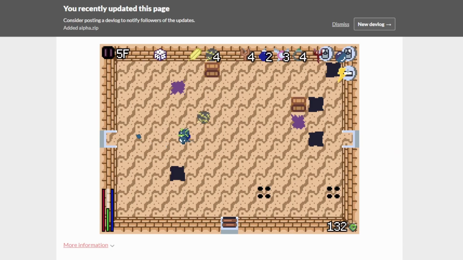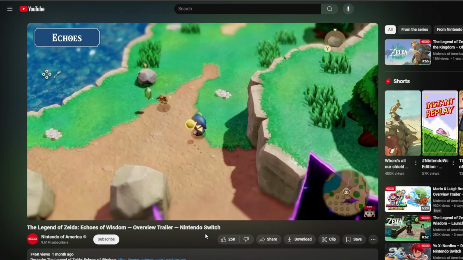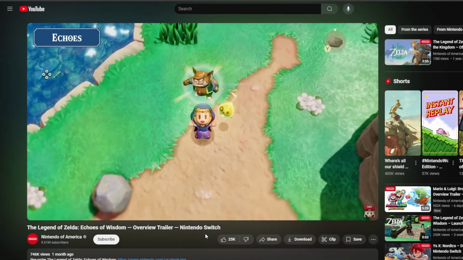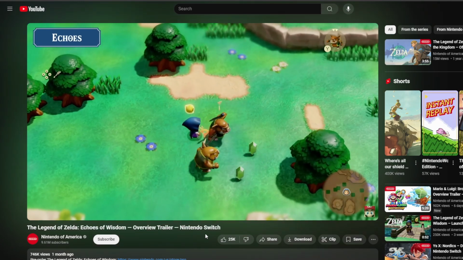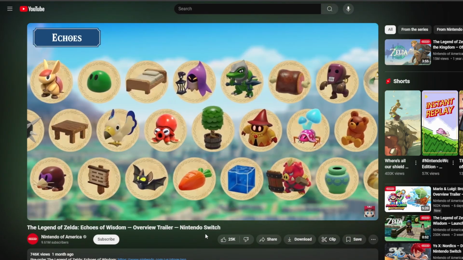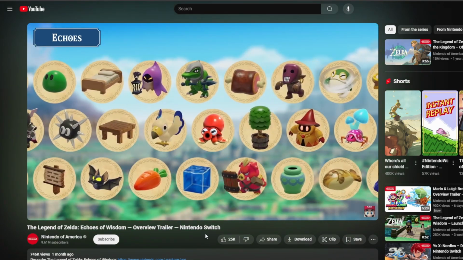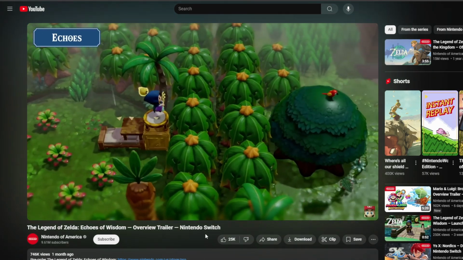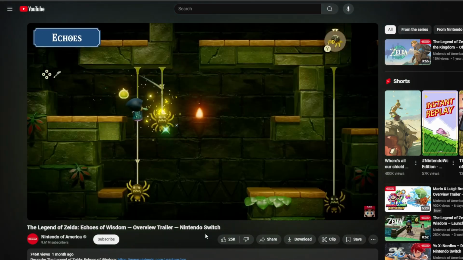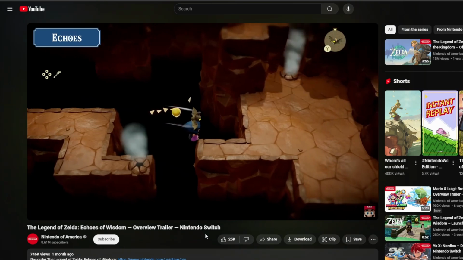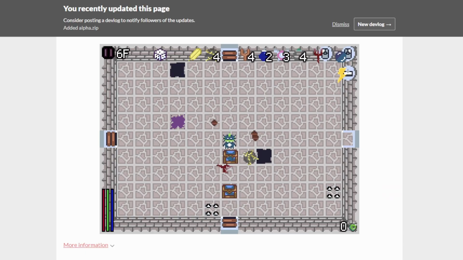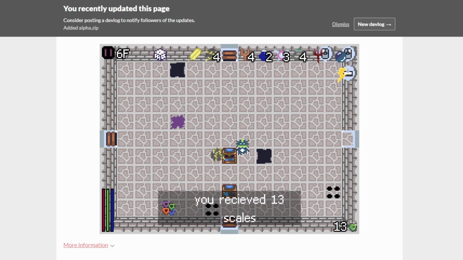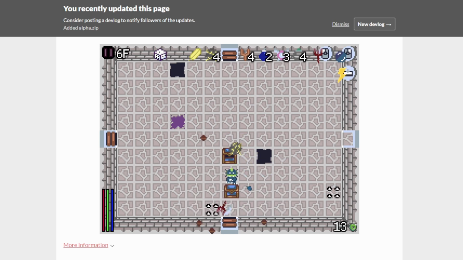Another game that I'm also paying very close attention to is Echoes of Wisdom. I'm a very big Zelda fan, so with there being a new Zelda game out, of course I had to play it, and I have been very pleased with the amount of enemy variety that's being used in the game. There's countless enemies from all across the series and a couple of new enemies as well. And because Zelda needs to interact with these enemies to help solve puzzles and stuff like that in the world, or just even attack other enemies,